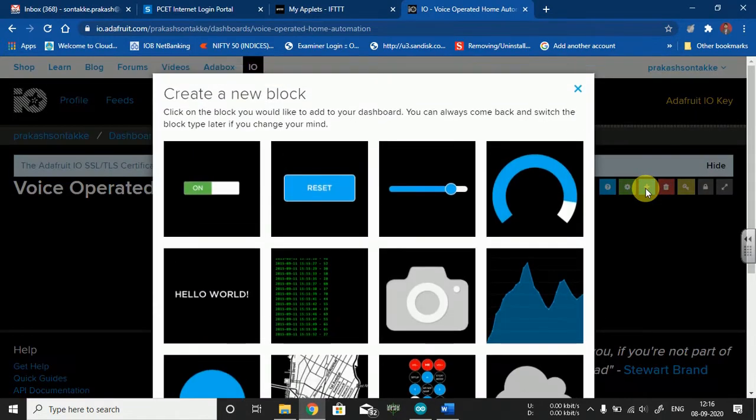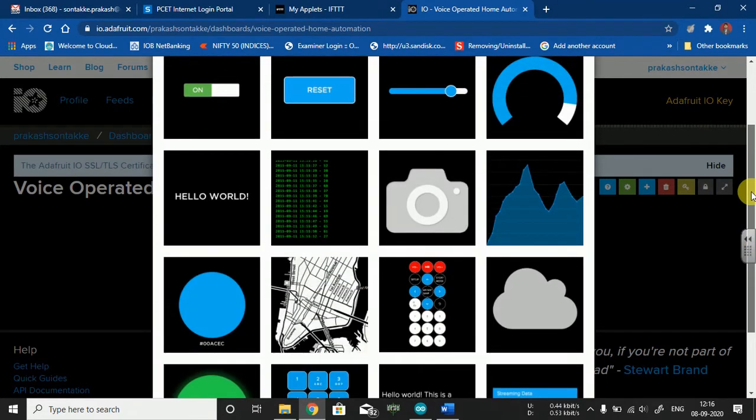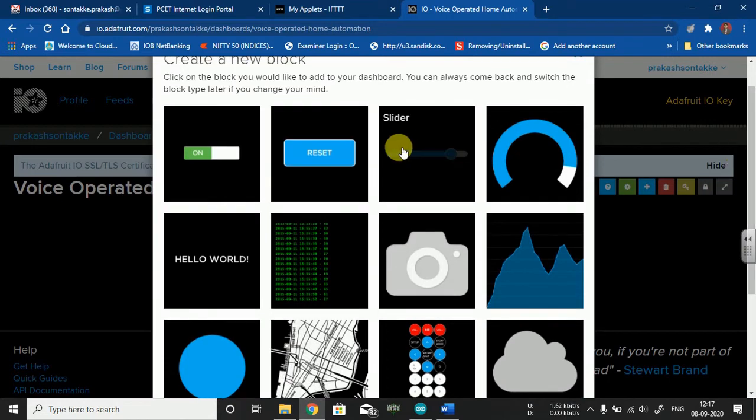Many things are available here, and I am interested in importing this toggle switch. Automatically, with the help of certain voice commands, the toggle switch will move from 1 to 0, or toggle from 0 to 1, and respectively we can operate our devices.